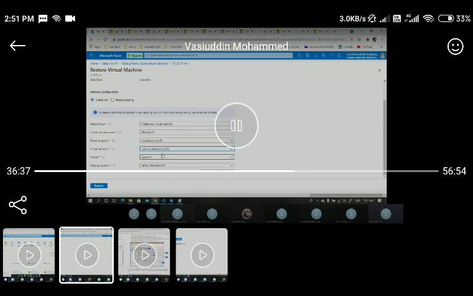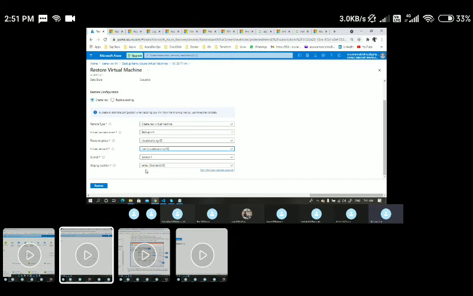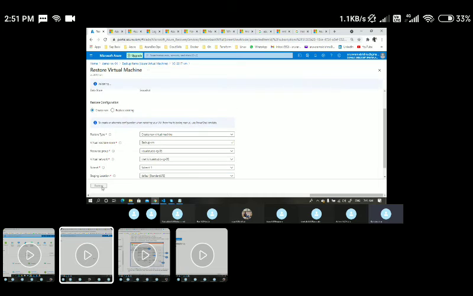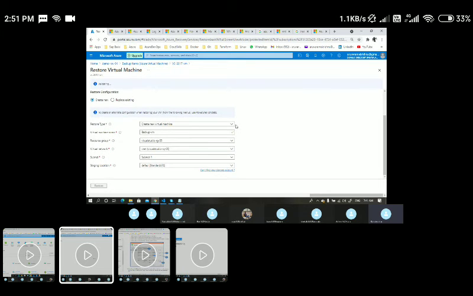one. This is the network, Visual Studio or JS. And by default, whatever subnets you have, we can choose the subnets. The default staging location comes as a standard location, and click on restore. So now it is going to create a new VM.